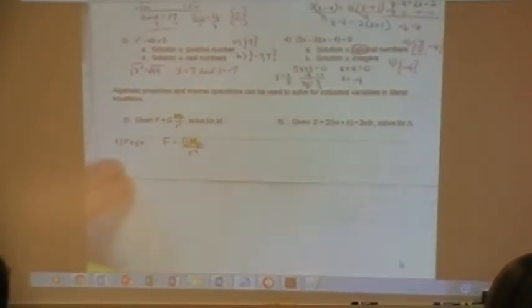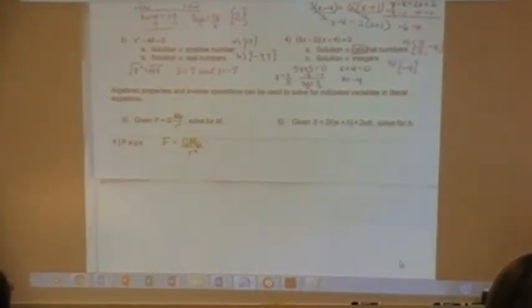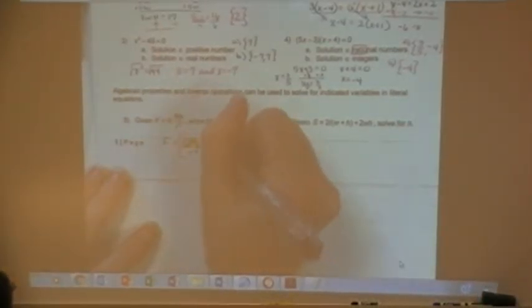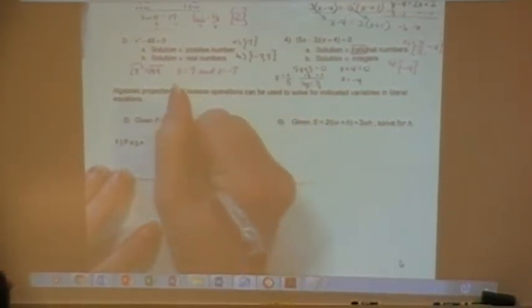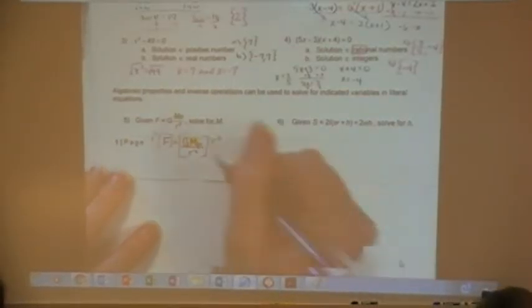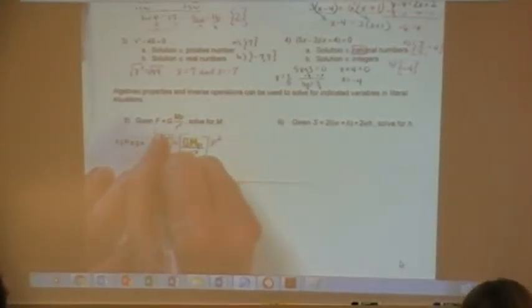First thing we're going to do is clear the fraction. How do we clear a fraction? Multiply by the denominator. So, if I multiply this side by r squared, I also have to multiply this side by r squared. So I now have fr